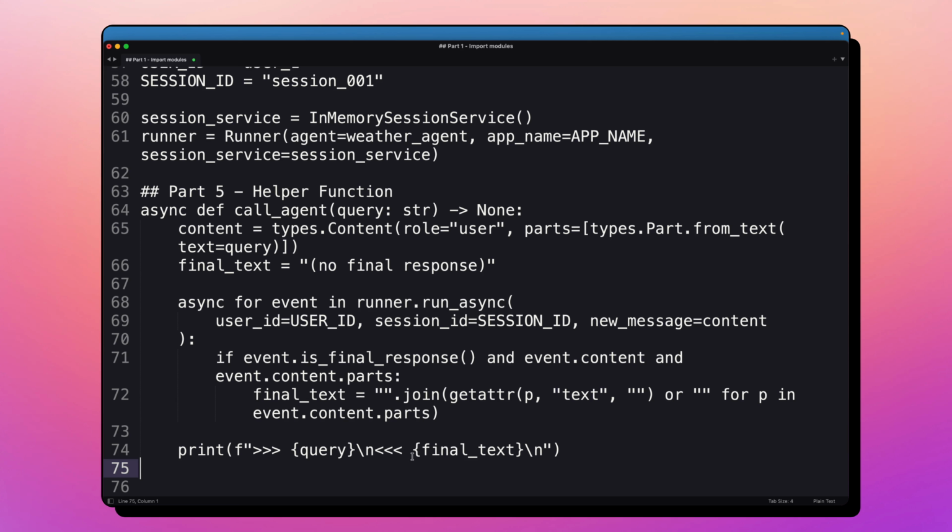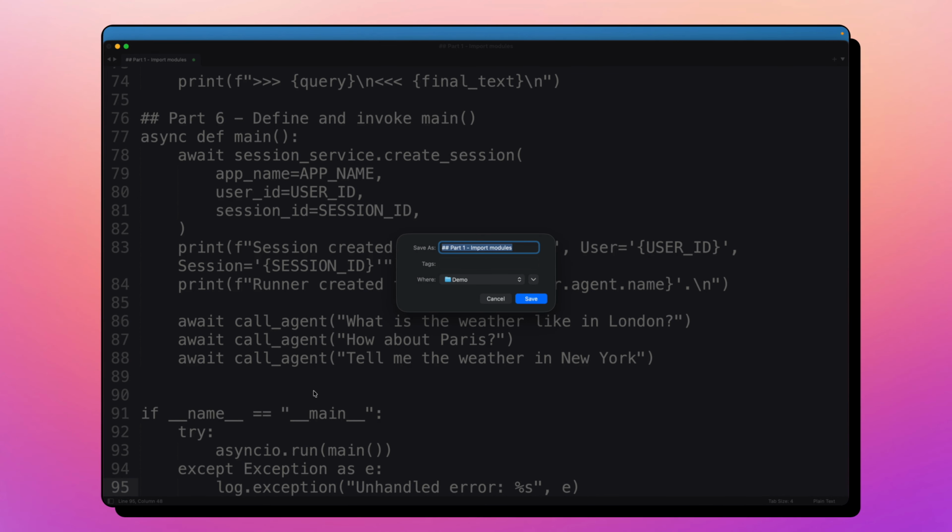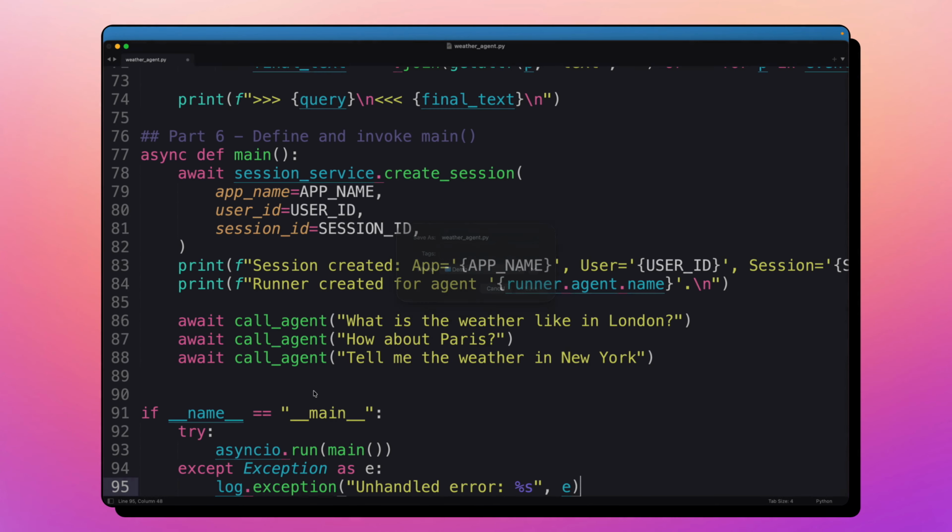So here we print the final response, and the last part of this is basically defining and invoking the main method. Now that's pretty straightforward. If you're familiar with Python, you can very easily connect or relate with this. Let me save this as weatheragent.py. All right. So now we define async main and we create the session by passing the application name, user